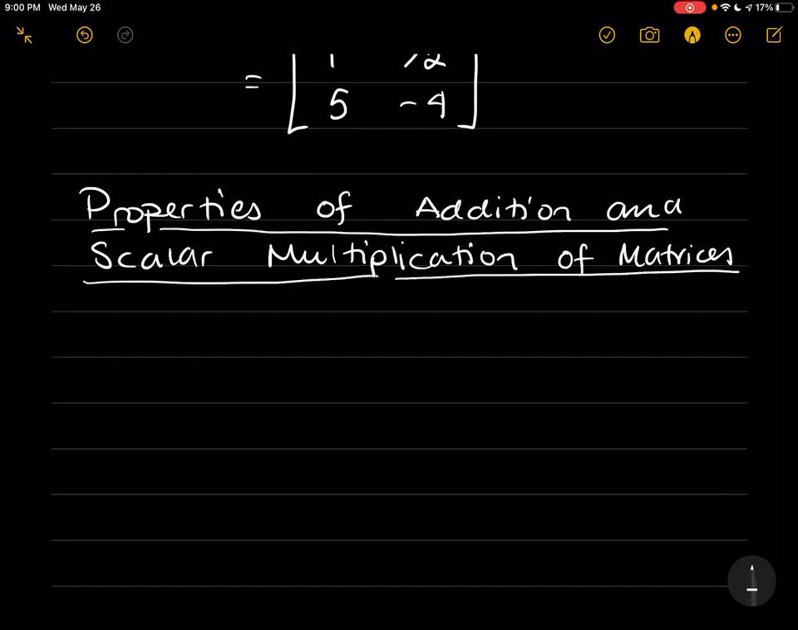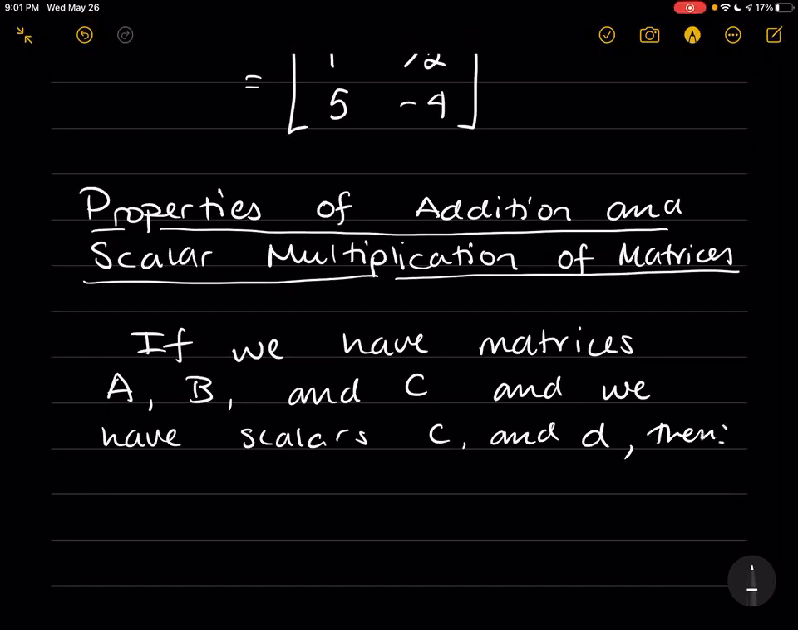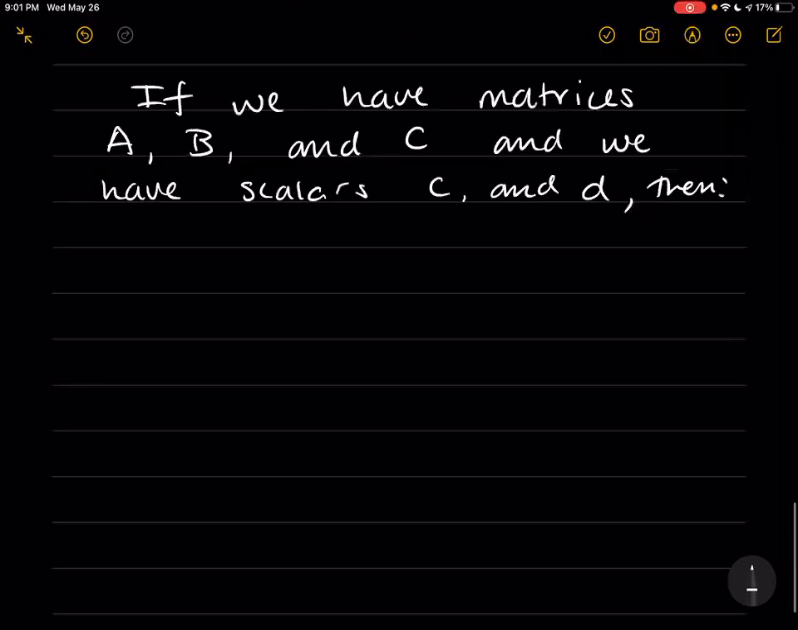Okay, so let's say we have some matrices, let's call them A, B, and C. And we also have scalars, C and D, then the following properties hold for these operations. So in particular, we have commutativity of